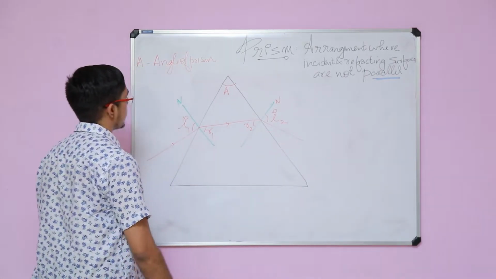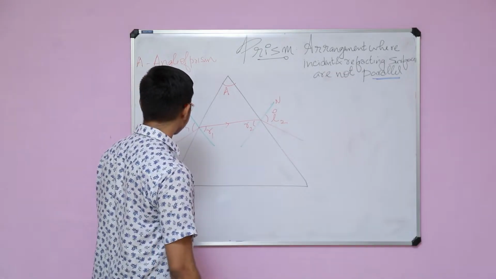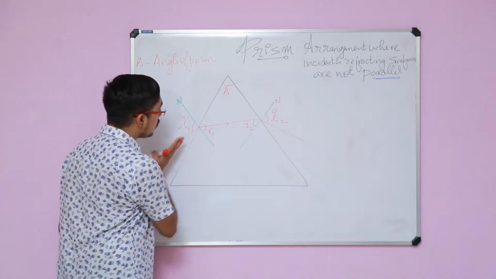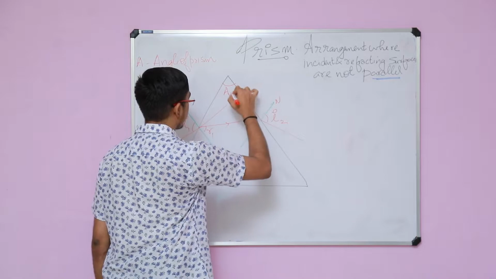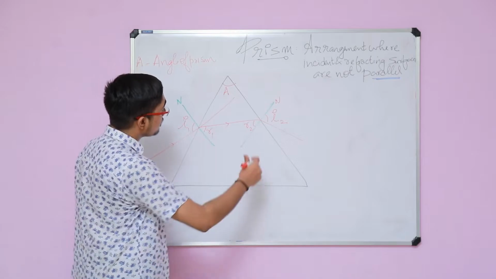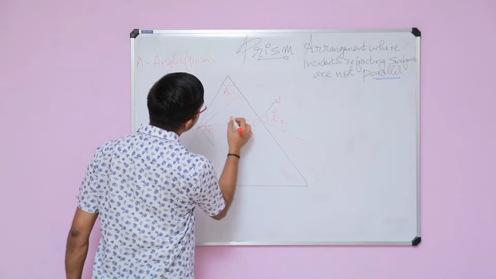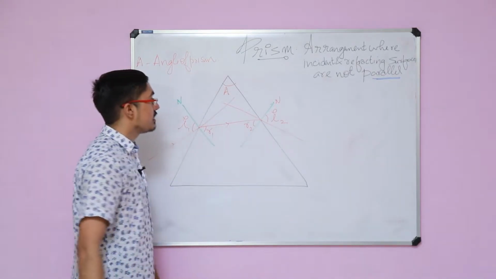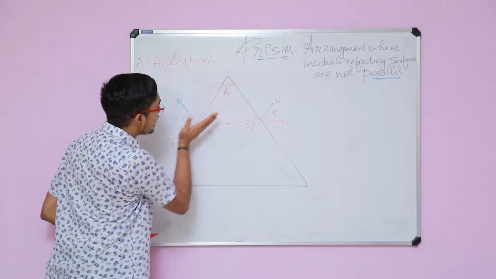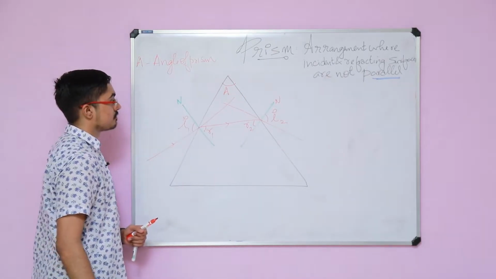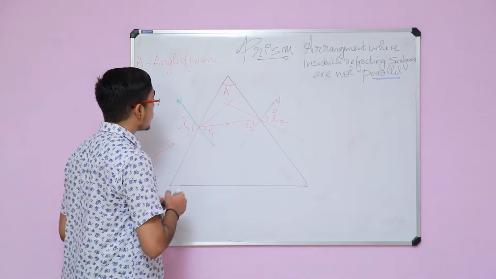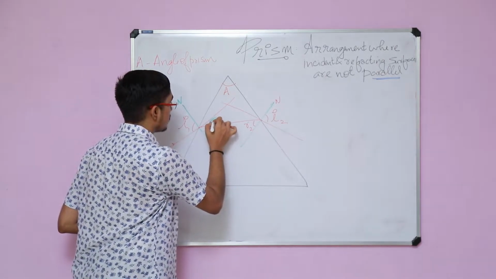Now let's proceed to the further discussions where I will be talking about the deviation. See, the incident ray is at an angle of I1 to the normal, isn't it? Now had it been going in the same straight line, it would be going in this way, right? This particular emergent ray, if it was coming at this angle only, it would be coming at an inclination like this, right? So I know that the incident ray should have been going in this way, but now it is deviated to this side because of refraction, and we call this particular angle the angle of deviation, delta 1,